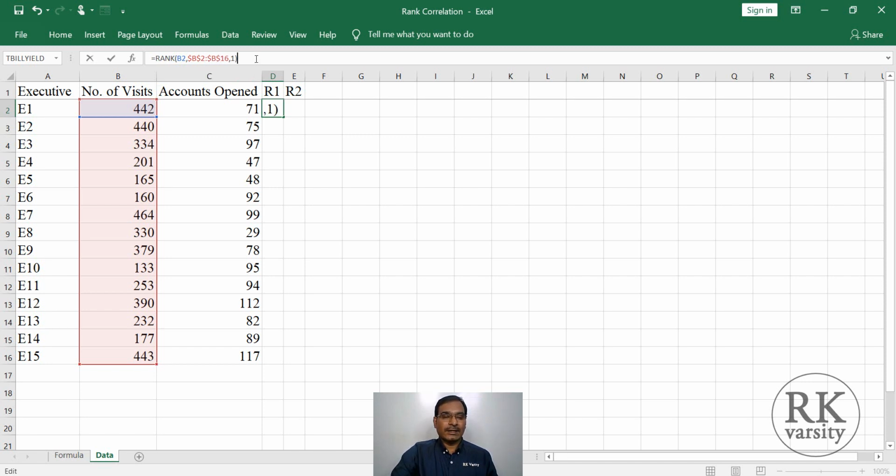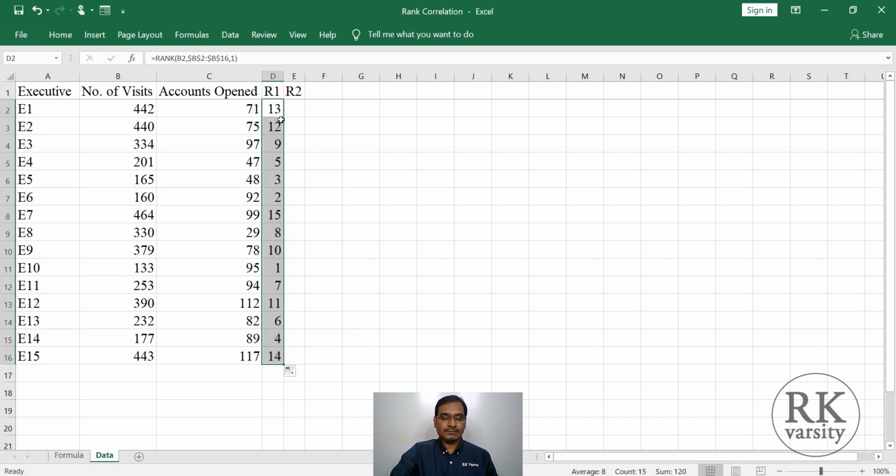Now by entering a dollar symbol in this reference cell, you are making the reference cell a constant. Now click enter and drag to all other numbers. Now you see no error. This is because your reference value should be constant.